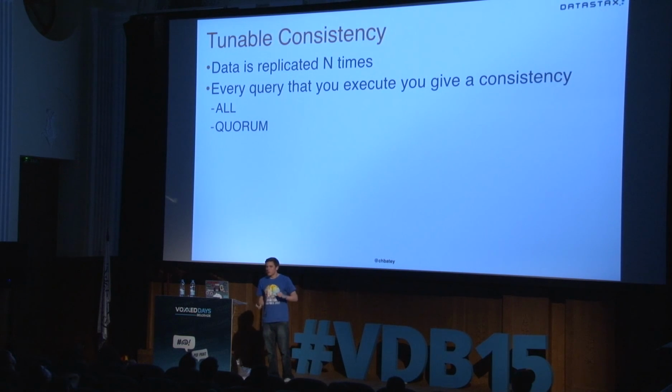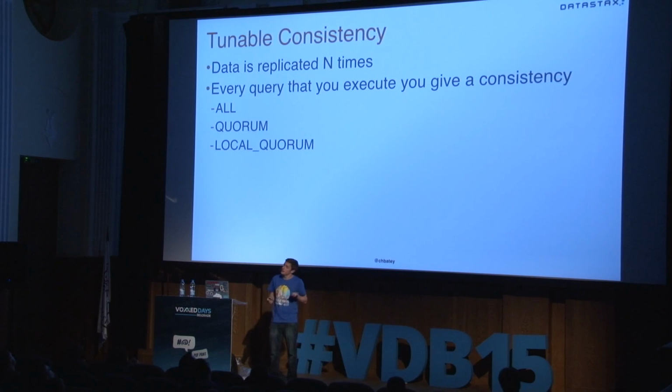But if we think about the topology from the last example, that's 6 total replicas, and we want to get to 4 of them. But one of those is on the other side of the Atlantic. Now, due to physics, we can't get there that quickly. So you can actually decide to just talk to the local data center. And instead of getting a quorum across all 6 replicas, we're only going to get a quorum in our local data center. Unsurprisingly, that's called local quorum. So we'll go to at least 2 nodes out of the 3 in the local data center before going back to the client. And then you have the most popular, even though it's a little bit scary if you're used to working with a relational database, of 1.